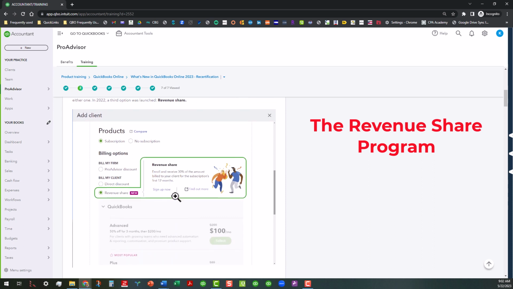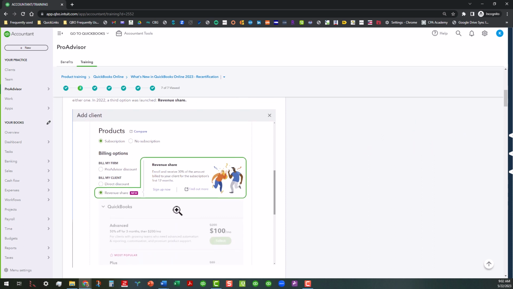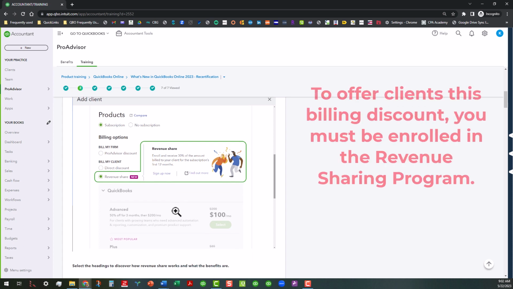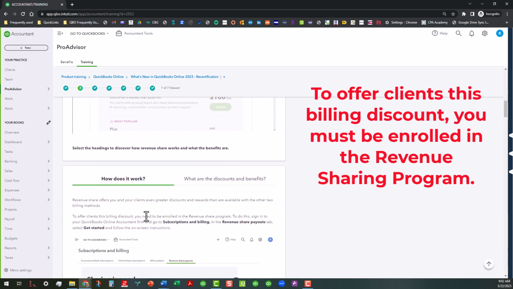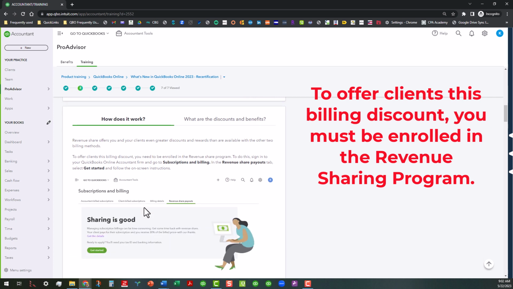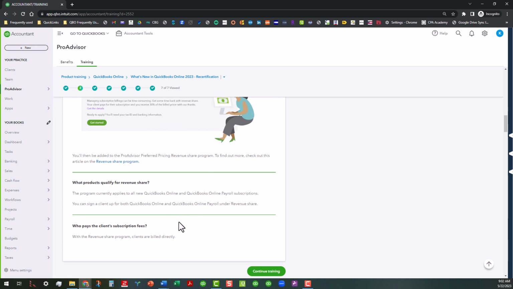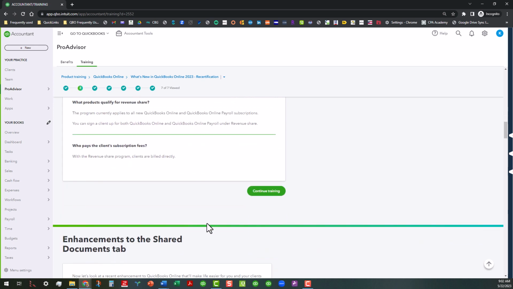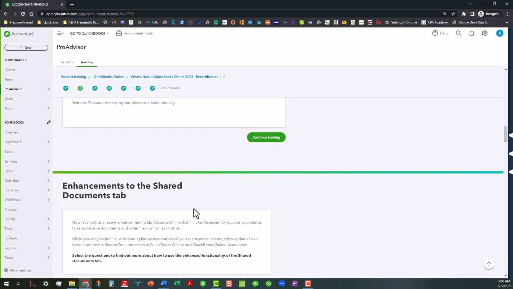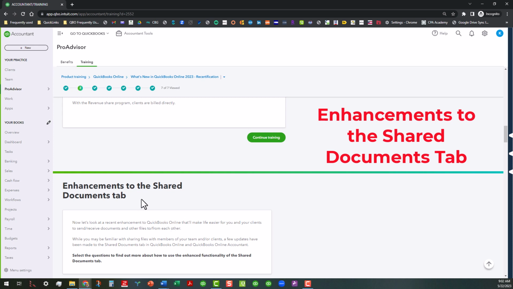And just real quick, the revenue share program is brand new. One of the things that a lot of people don't realize is that you have to sign up for it before you can actually use it. The training will go into all of that. But you have to apply for it before you can actually start using it and referring your customers or your clients to it. The other thing that they're going to talk about in this section is the enhancements to the